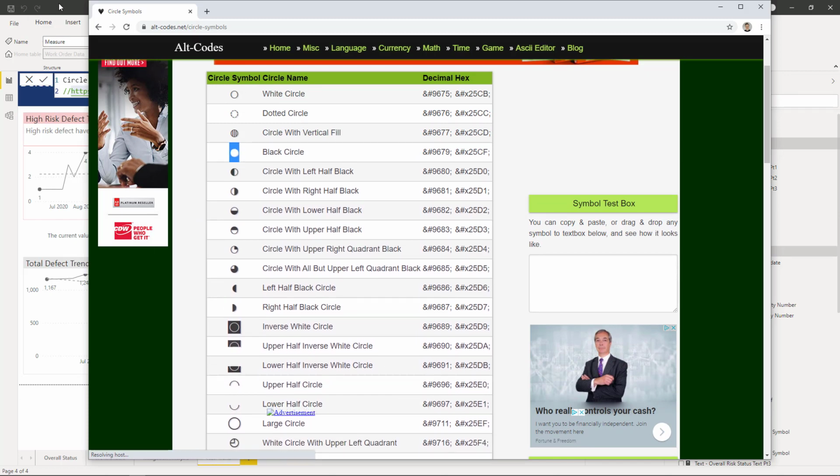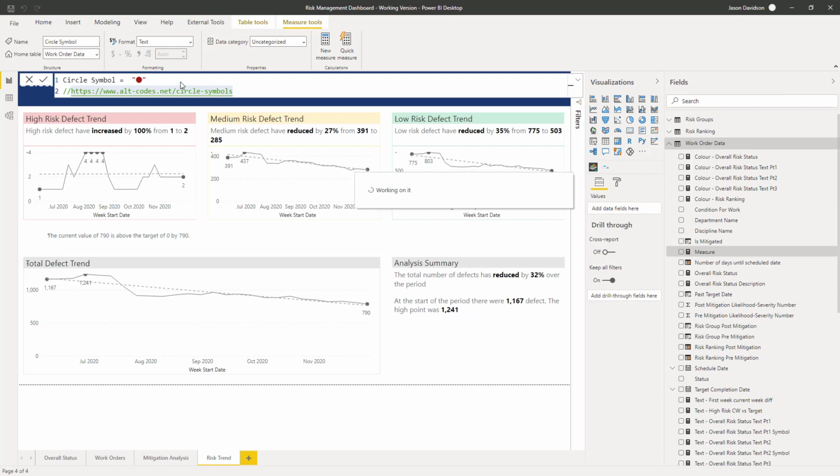Okay, and then you go back to your measure, and as long as you've got it in these inverted commas here, you paste it in. There's a bit of a smaller circle, that one that I've got there, and that would be basically what the measure is, just a circle. Okay, so that's the first stage in this process,